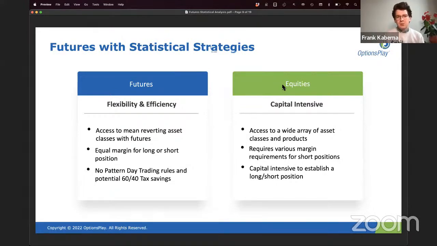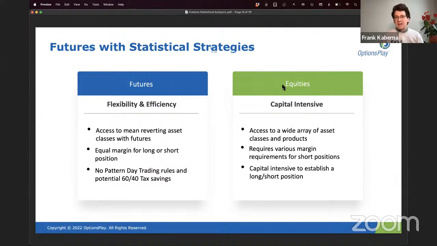This is a case where the theoretical part of it holds no bearing in this comparison. It's not like, oh man, if I'm not trading the futures, then crude oil USO might not mean revert. No, that's not going to hold any bearing in whether you trade futures or equities, or options as well, to get your mean reversion going here. Why use futures? Well, you nailed it. First of all, it's